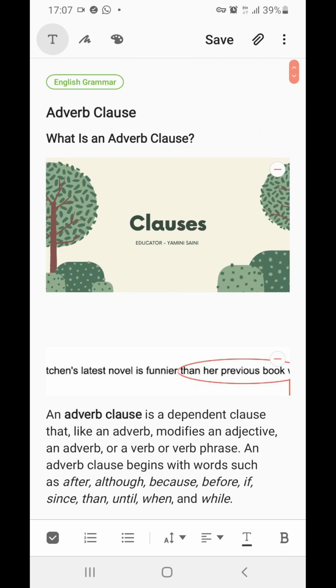So I think you have understood all these three: noun clause, adjective clause, and adverb clause. In the next class we will do some exercise related to this clause topic. Till then, go through it and read it,